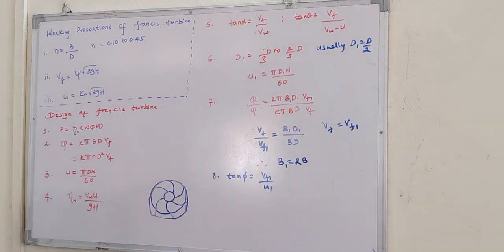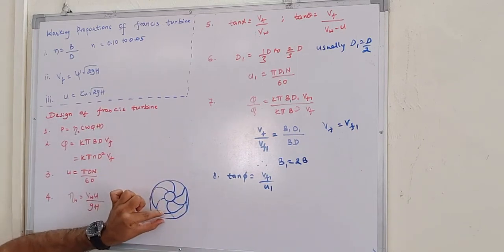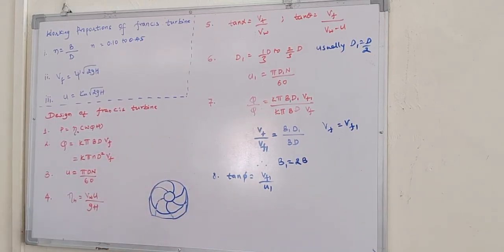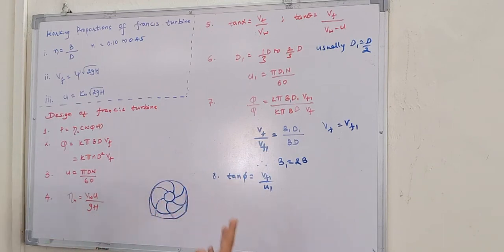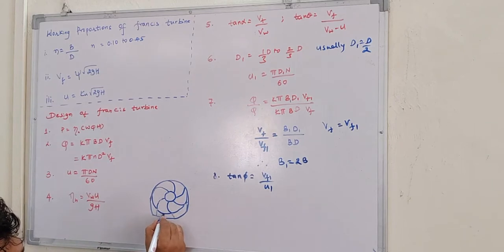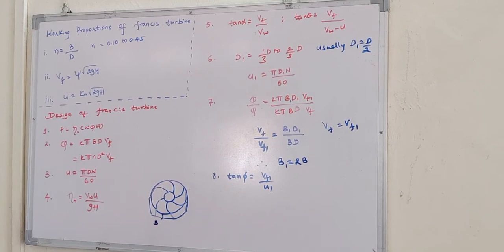Now this is the core part, which is connected by several vanes. This has some thickness, which we call the width of the runner, and from this width the water enters from all sides. When the water enters, because of the kinetic energy and the substantial pressure energy there, it will create work on the runner. Anyway, we'll understand that work later, but I'll just explain what this is. This is called the width, which I'll call capital B. Capital B is the width at the inlet. This is the inlet point. Now where is the outlet point? This is your outlet point.